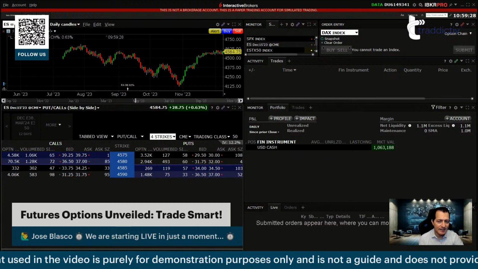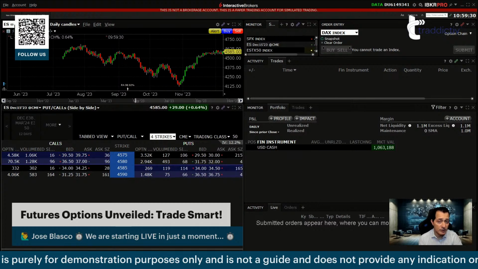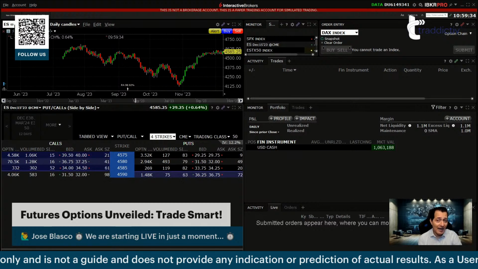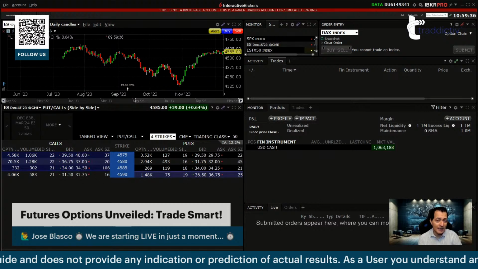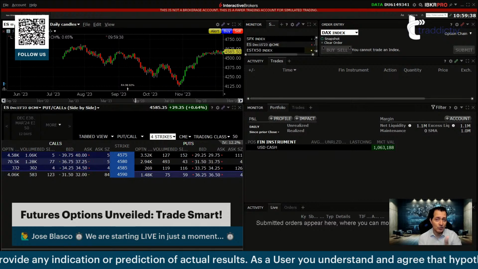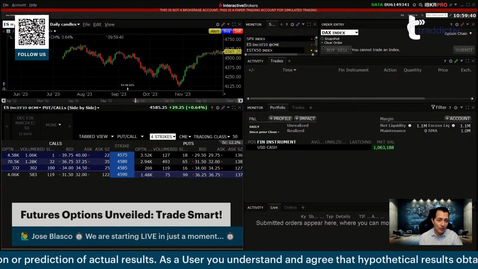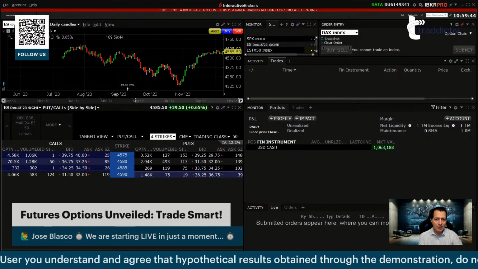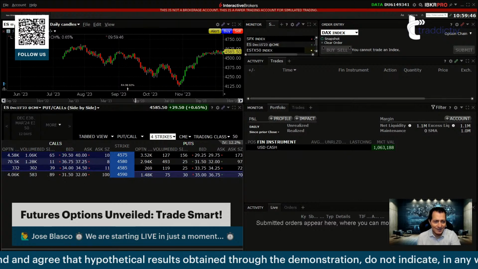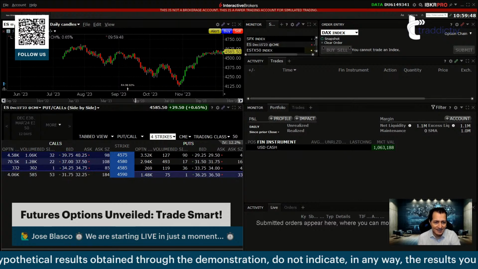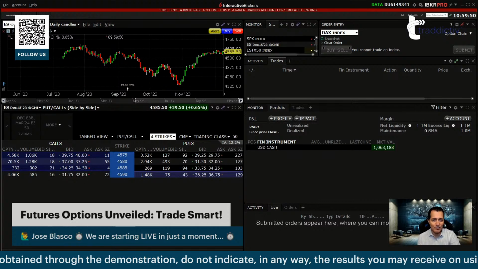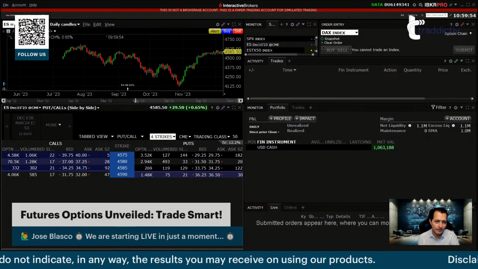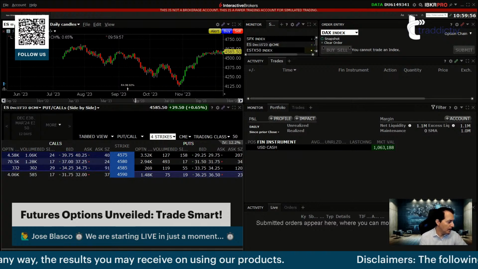Well, guess what? In the end, there would be a coincidence with the futures expiration date. The option would also expire because you cannot have an option alive without its underlying asset, because the option derives its value and has reason to exist because there is an underlying asset. So if the underlying asset expires, guess what? The option also needs to expire, worst case that day, even though you may have more expiration dates. Definitely that day, there will be an expiration date for the option too. Okay? So yes, very good.